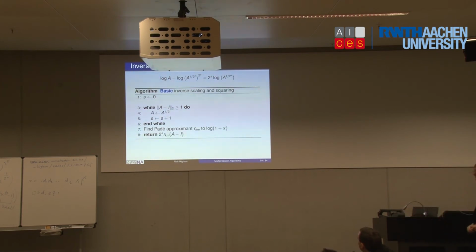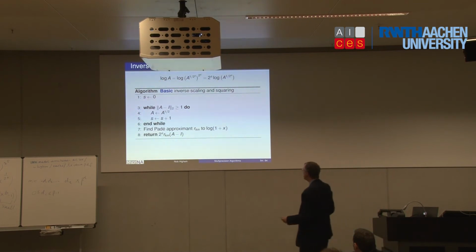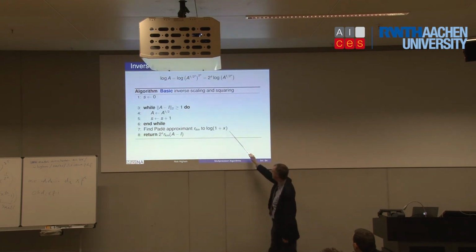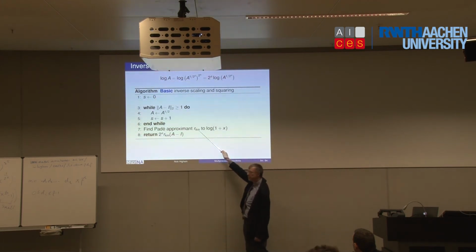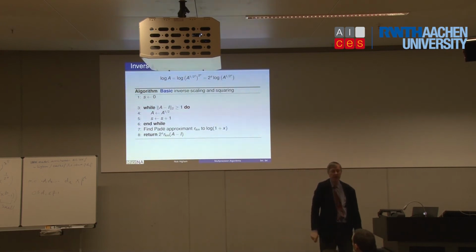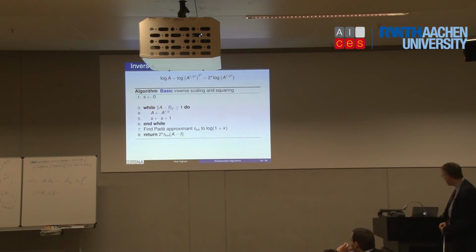And here is the algorithm in outline. He wanted to get close to 1; we want to get close to the identity. So while norm of A minus I is bigger than 1, take the square root of A. Keep going round and round. And once you're close to I, we'll use a Padé approximant. The Padé approximants, defined in the scalar context, are approximations to log of 1 plus x: a degree k polynomial divided by a degree m polynomial. We have to choose those degrees, and then we just evaluate the Padé approximant at A minus I and scale back, as in the Briggs algorithm.